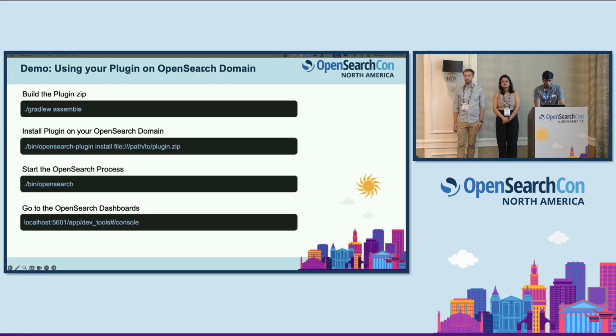These are all the commands which you can use to build the plugin. You can use gradlew to build the plugin. Then you install the plugin using the install command, and then you can start the OpenSearch process. I'll quickly show you the demo. I already have started the process, so